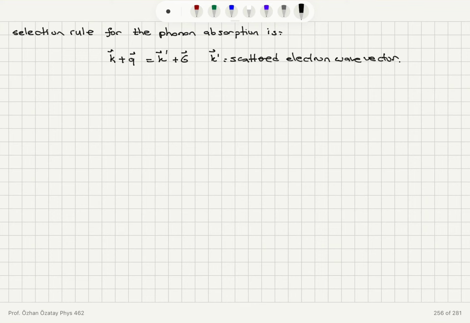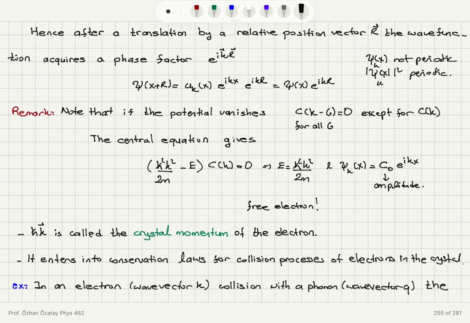So as you can see, we have the momentum conservation equation written using only the k vectors of the electron and the q vector, or the wave vector, of the phonon, and also reciprocal lattice vectors. Okay, so in summary,